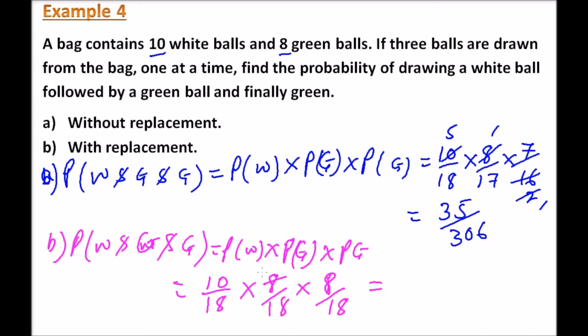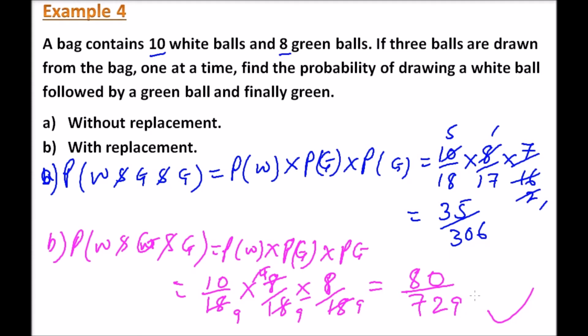By 2 is 4, by 2 is 9, by 4 this is 9, that is 9. So this gives us 80 out of 729. So that's how we work out that probability,